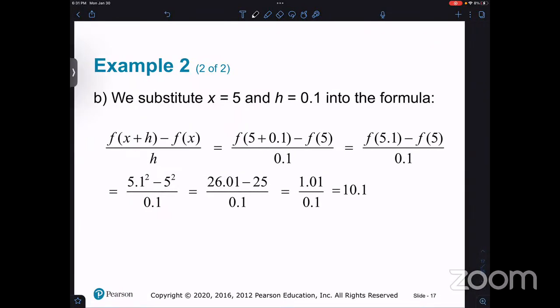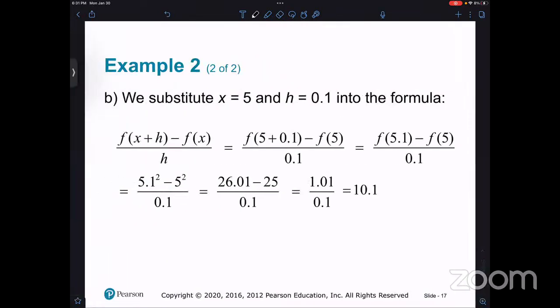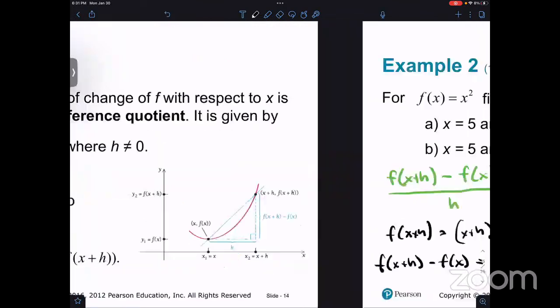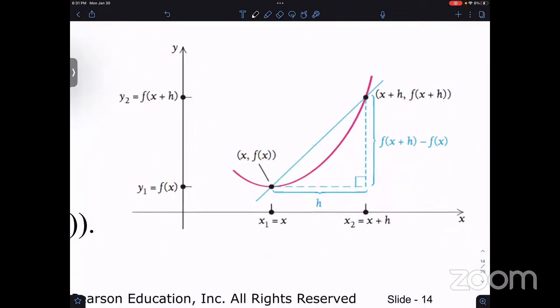I have a question. Yeah, go ahead. Can you explain why when h approaches 0 or when h is 0, that's the derivative? Like just a quick 30 seconds. Right here, right on this slide, we said h is some change in x. So this line that's shown is a secant line. The derivative is concerned with the tangent line.